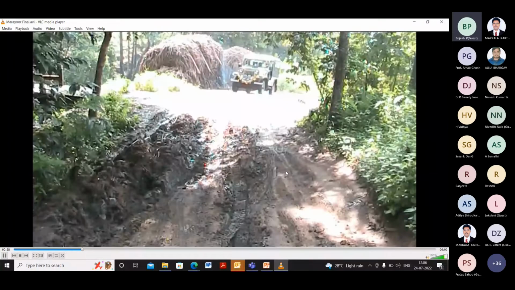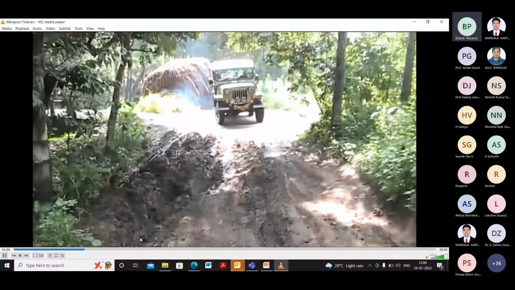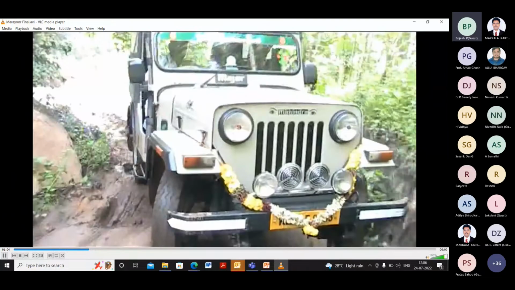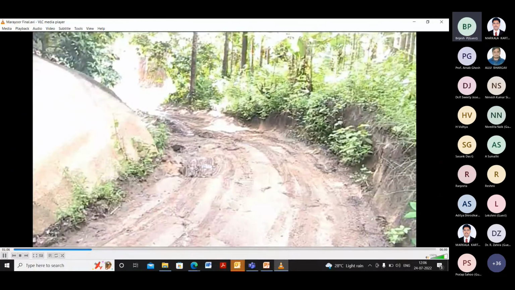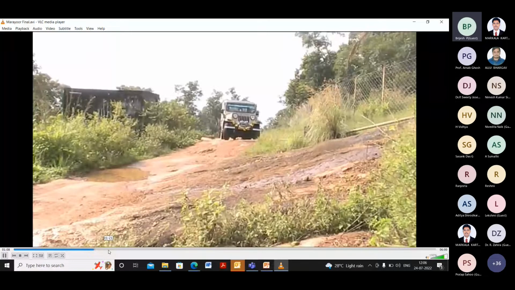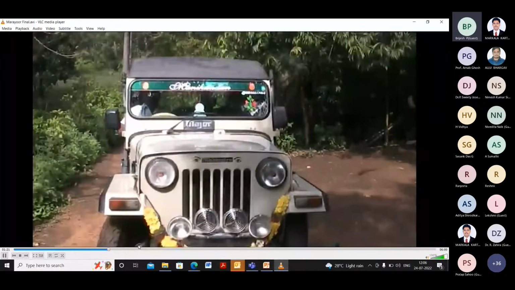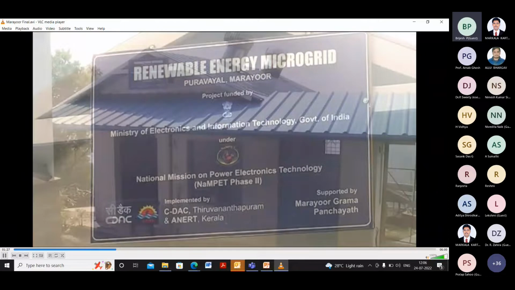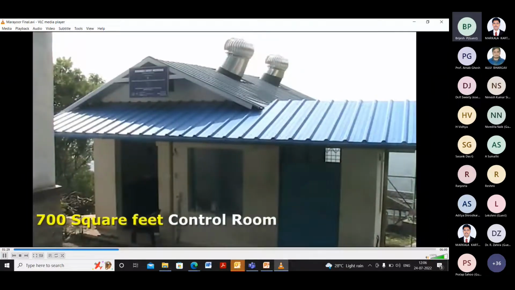So the transportation of materials, air conditioning systems, everything was very difficult. This is the control room.